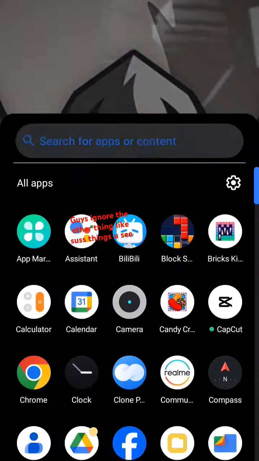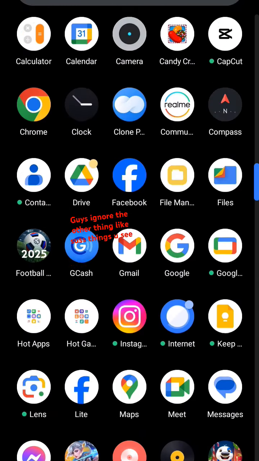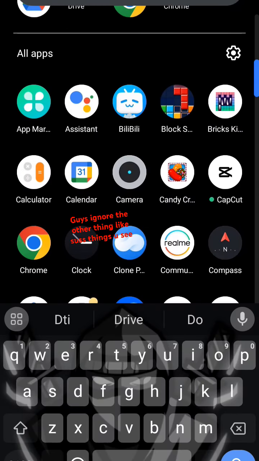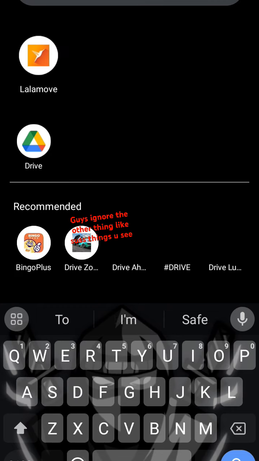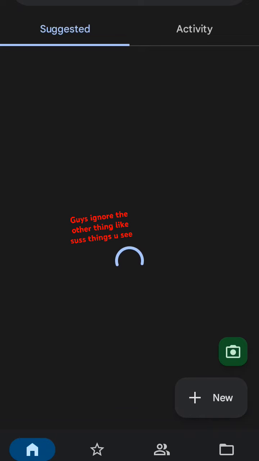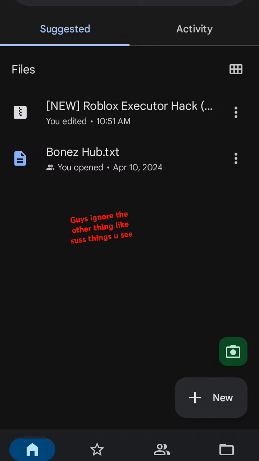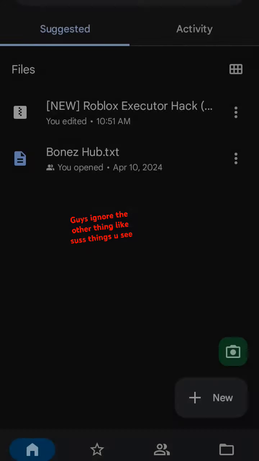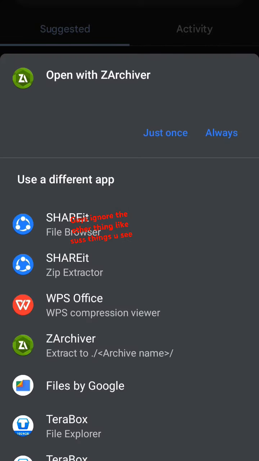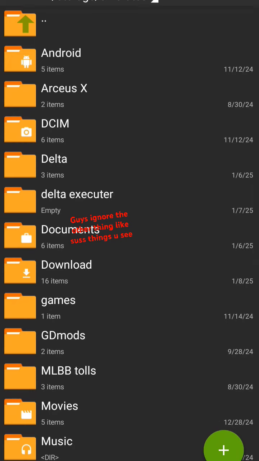So guys, if you want this for PC, don't worry, I got you. Boom. So if you want this Delta Executor, just message me and you'll be alright.